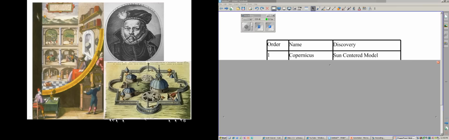With this data, he was able then to try to prove his own theory, which was some combination of the geocentric and the heliocentric model. Here we can see that the Sun is orbiting the Earth, but notice that all the planets are orbiting the Sun. This is totally incorrect, but this was kind of what he was trying to prove with all his data.